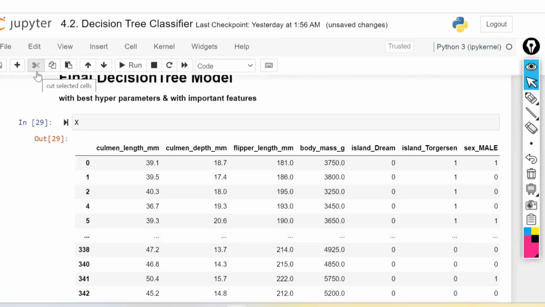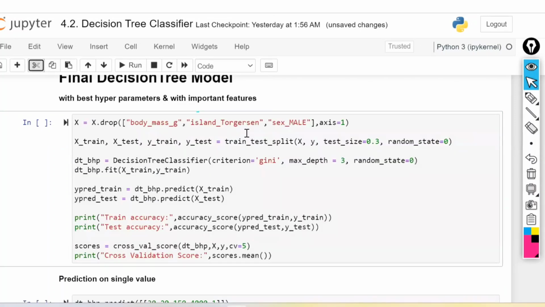Who told you that is not important? You can't drop as per your choice, right? Before the model, I have dropped that one. No, after the model only, which was statistically proved. Statistically proved means that information gain is 0. For these 3 of them, the information gain is 0. You are not able to get any kind of information. Whichever column has information gain of 0, it is going to drop automatically. So now I'm going to drop these 3 columns in my X.